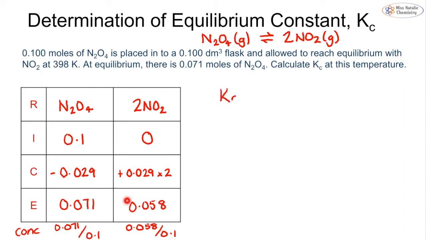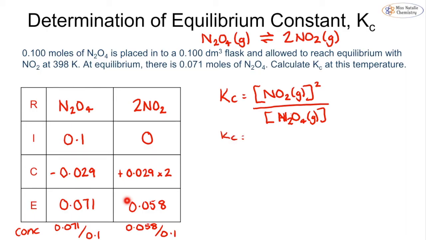So now I have my Kc expression. My Kc expression is the concentration of the NO2, which is squared because of the coefficient, over the concentration of the N2O4, which has no power. So now my Kc is going to be 0.58, because that's what we will calculate our concentration to be, and we square that, over 0.71, and Kc is therefore